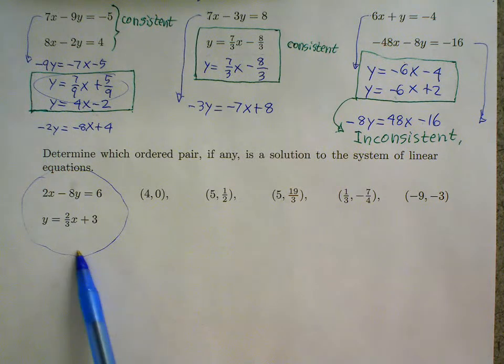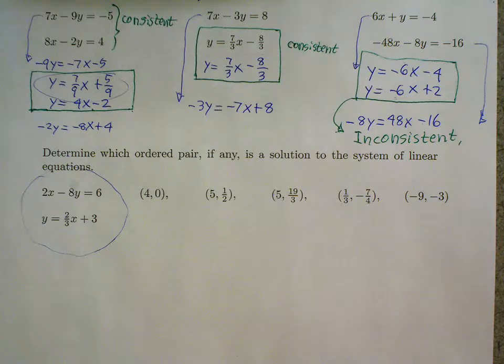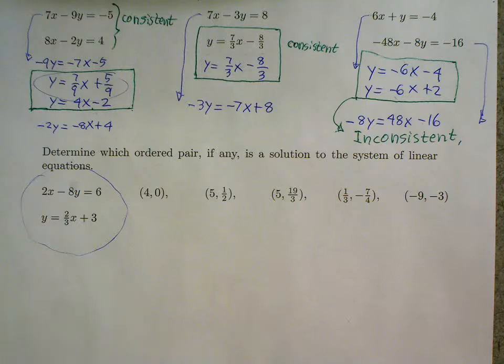So what about this system? The slope of the second line is 2/3. The bottom line is in slope-intercept form. Remember, if two lines have different slopes, then the two lines intersect at exactly one point, so the system will